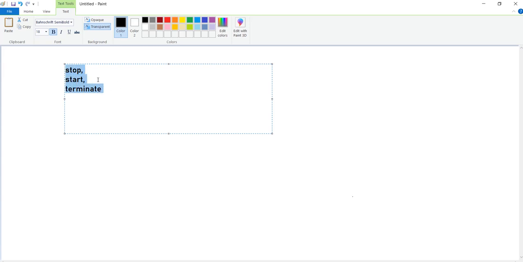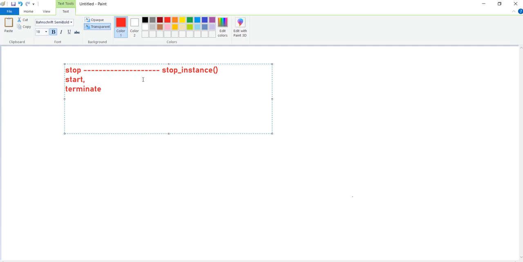First we will start with the stop operation. For the stop operation you need to call the stop instance method. In this method you need to pass the ID of the instance which you want to stop.